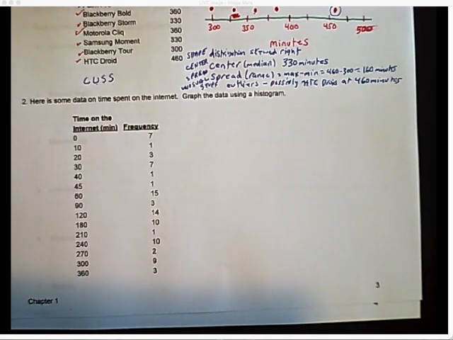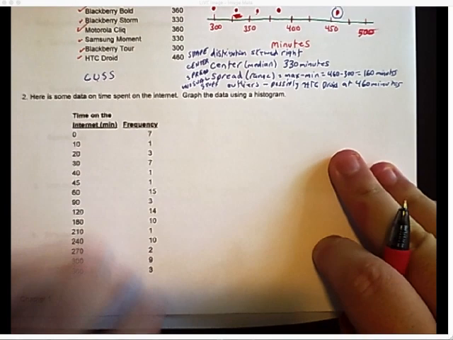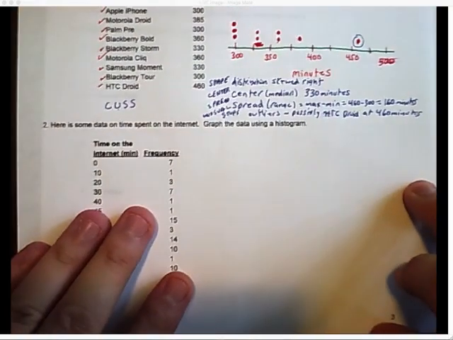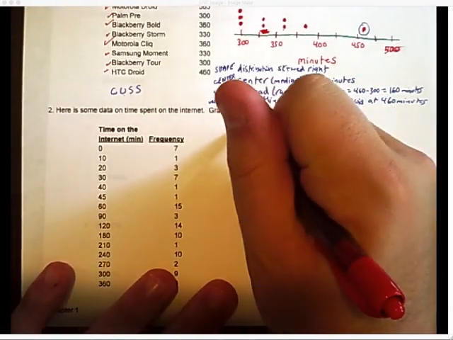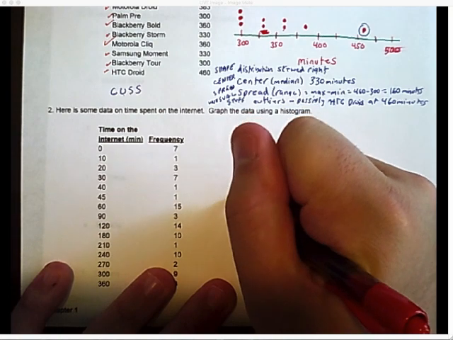All right. So the next question says, here's some data on time spent on the internet. So they took a sample of some people. It says graph the data using a histogram. Okay. So if I want to graph the data using a histogram,